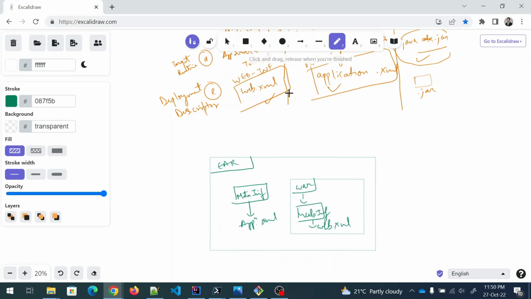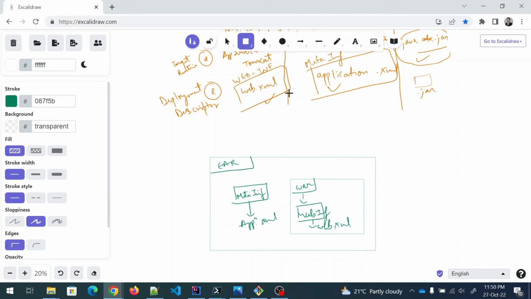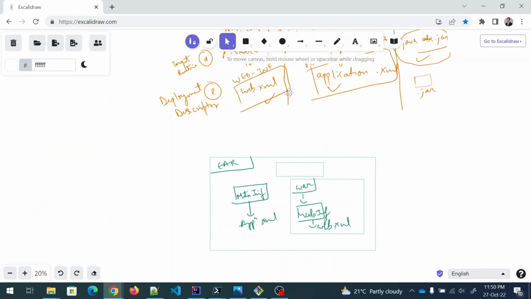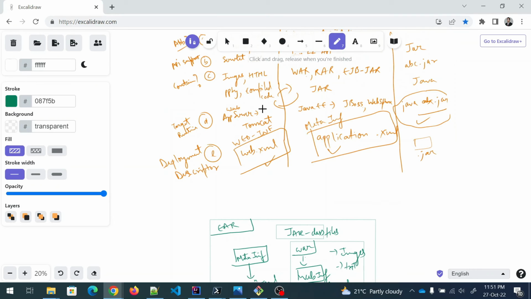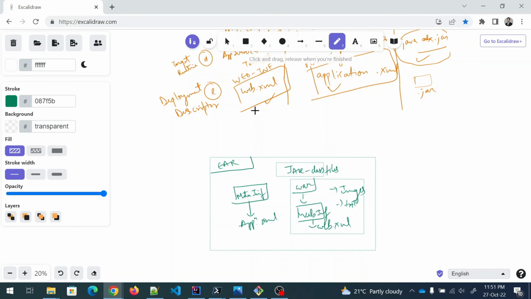Okay, and it can also contain a jar file. So like a small thing, that would be fine. This is a jar file which contains your class files, compiled code. Okay, this war file can contain your images. This can contain your text files if you want to keep it. And what else do we have in a jar file? Property file, HTML,